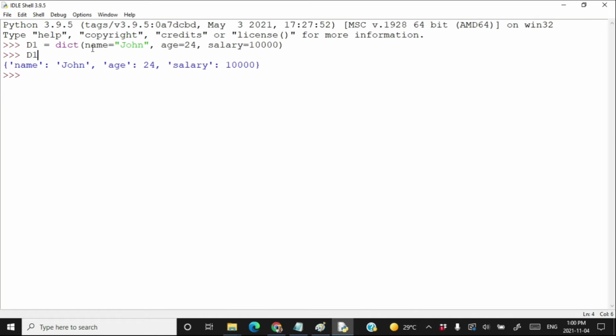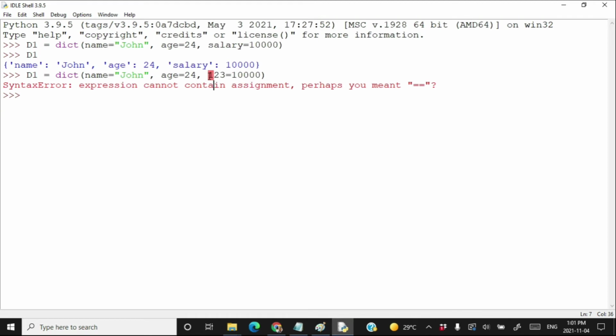Getting it? So whatever I am writing at the left of equal sign, that will be treated as a string key. And whatever the data you write after the equal sign, that will be treated in the form of the data. Here you cannot create any key of any other data type. If you try to create a key of other data type, you will get an error. Let's try it. If I try to create a key of integer data type, I should be ready to get an error.